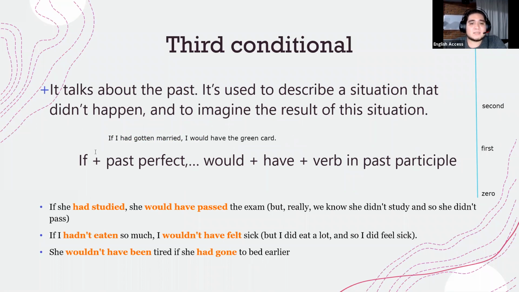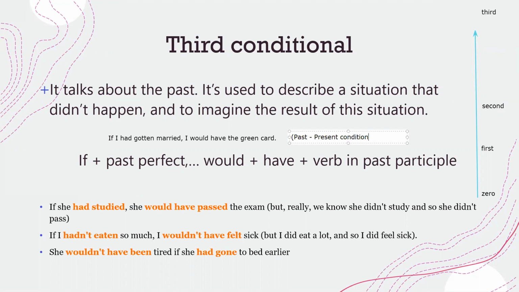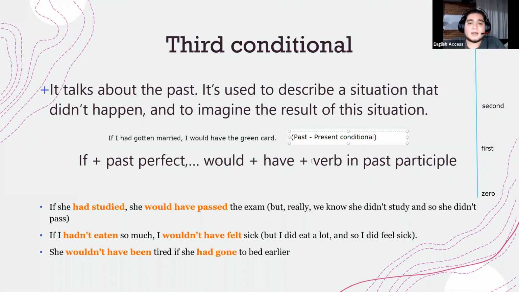However, this is a mixed conditional. Okay. And this mixed conditional is called the past present conditional: I would have had. Now, if you want to turn it into a third conditional, you just have to add,